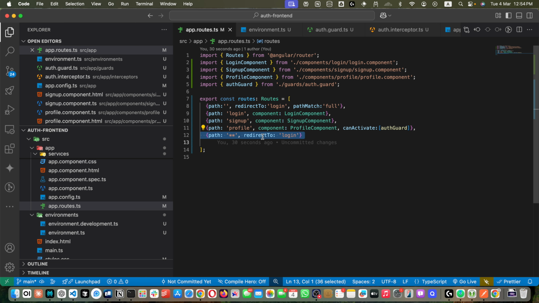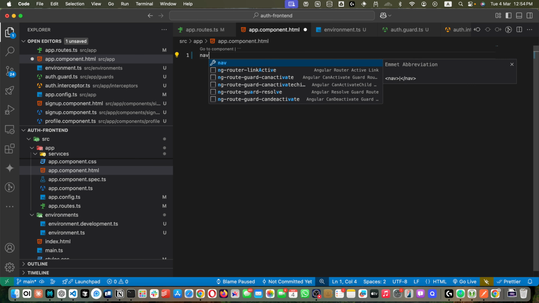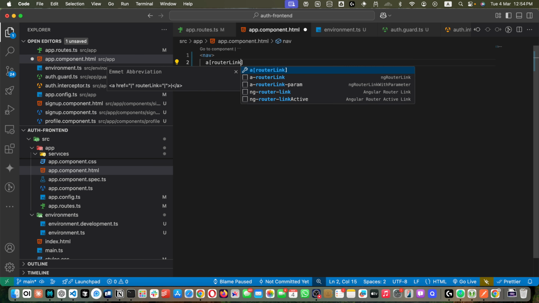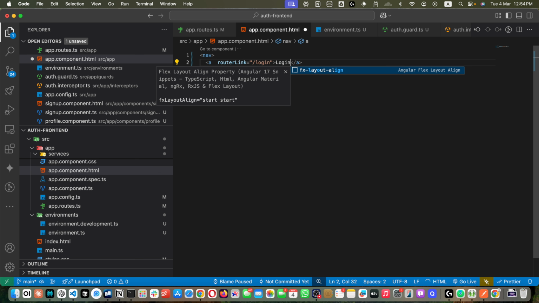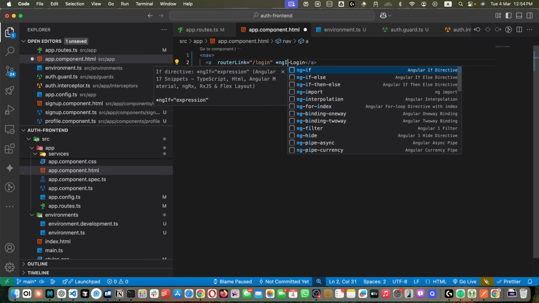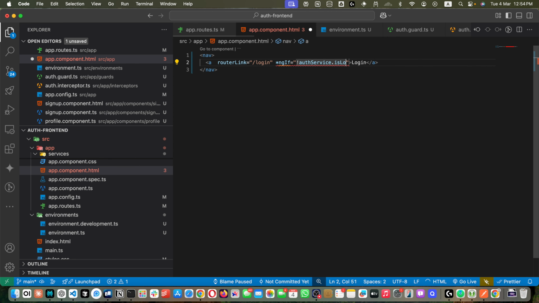Now let's add a navigation link that is also optional. Our profile page has a logout button. If you also want a way to navigate back and forth, you might include a simple navigation bar. For example, in the app.component.html, you need an nav a tag with routerLink equal to /login. We don't need href here, just the text Login and an if condition: if authService.isLoggedIn